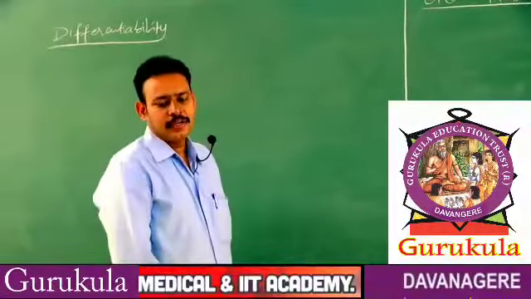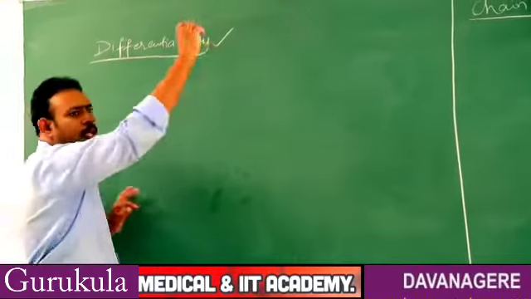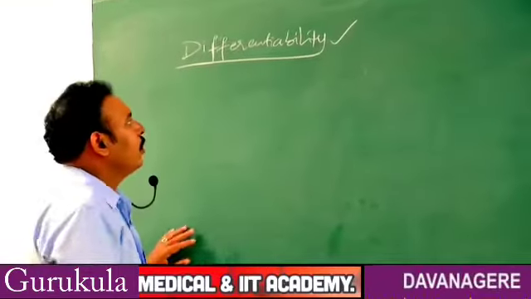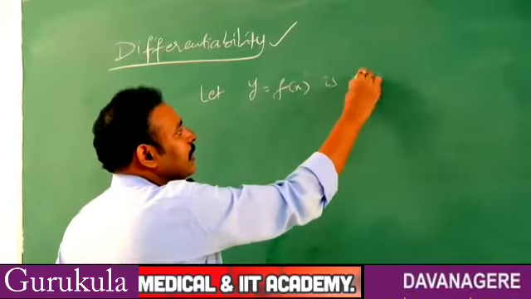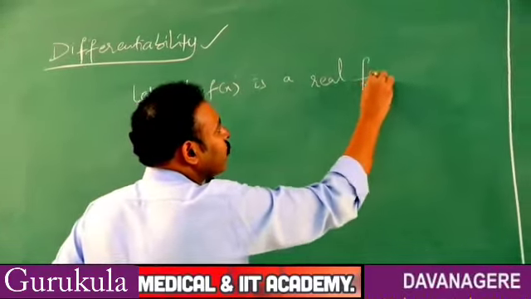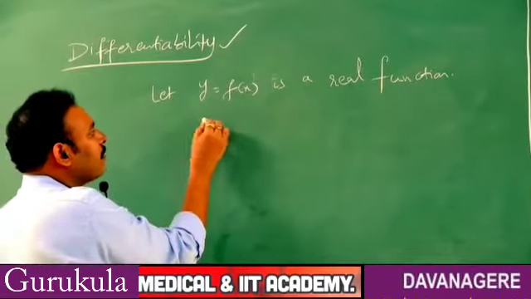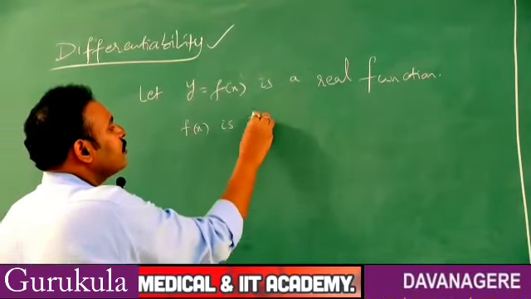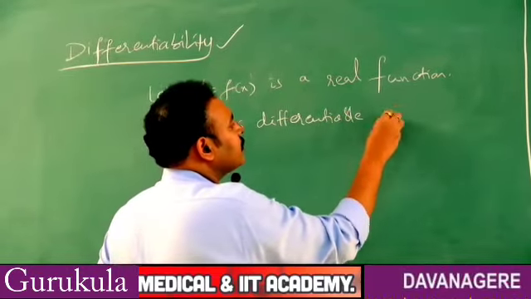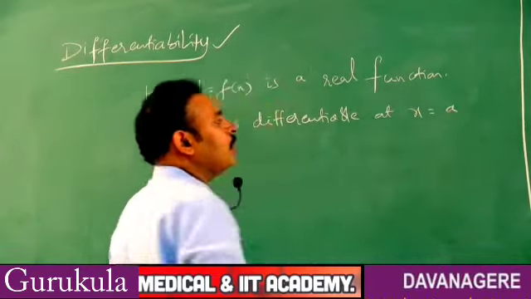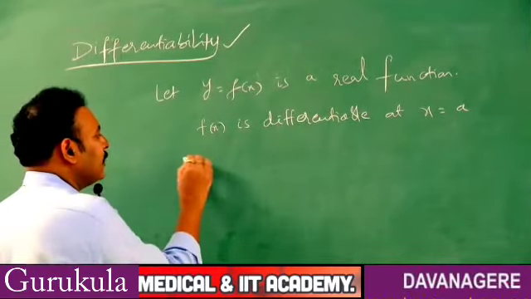Next concept in the continuity and differentiability chapter, that is differentiability. What does differentiability mean? Let y is equal to f of x be a real function. The function y is equal to f of x is differentiable at x is equal to a, is defined as